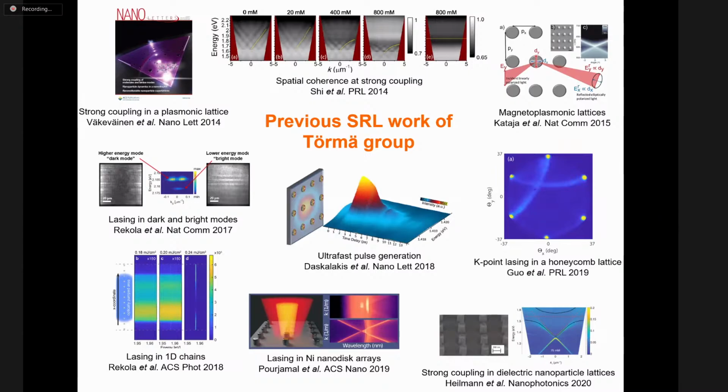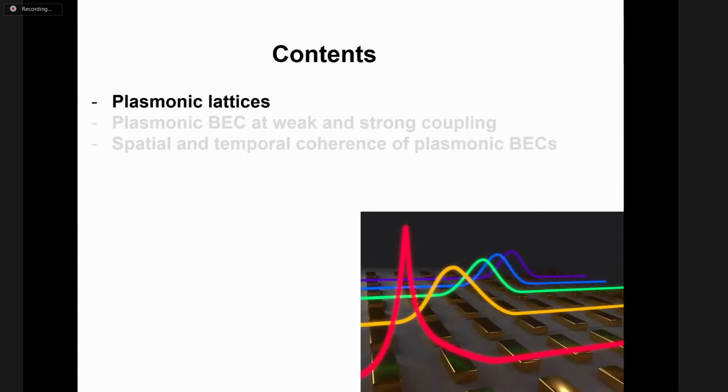We have also studied lasing in one-dimensional chains of nanoparticles, as well as different nanoparticle materials such as magnetic and dielectric materials. But today I'm going to focus on the results of the Bose-Einstein condensate, which was the topic of my PhD thesis